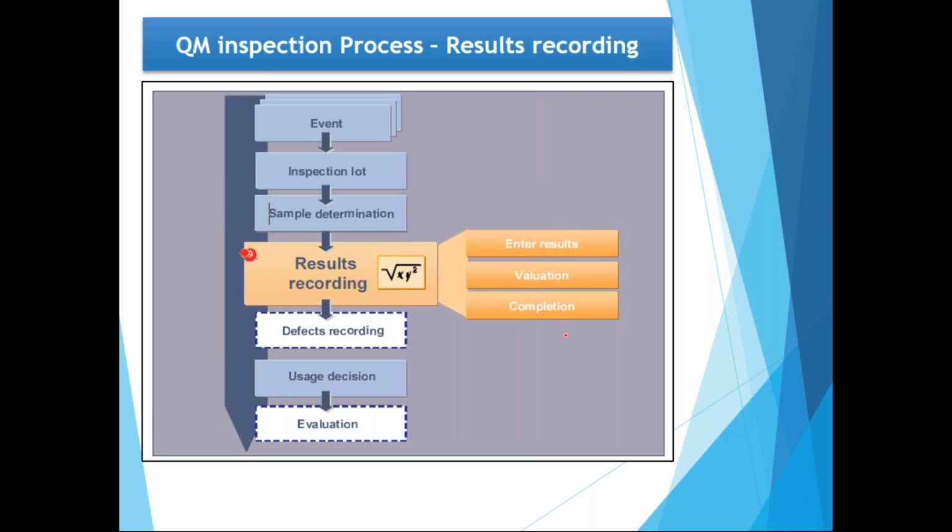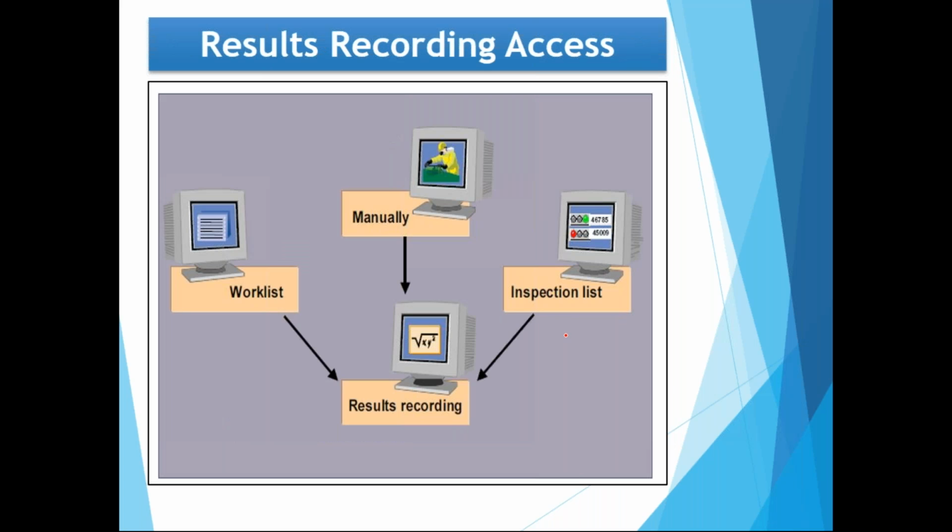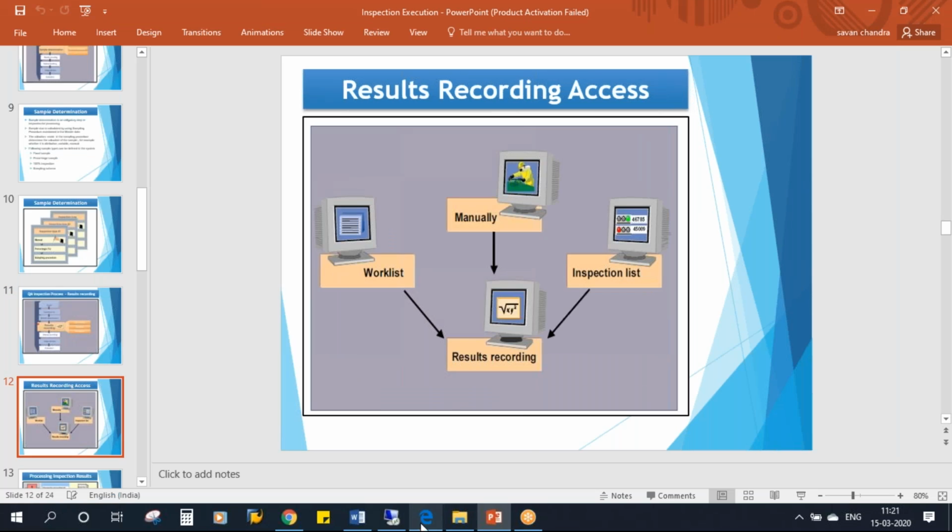Now this results recording can be done from various places. One is manually, or they can do it through the inspection list transaction, or through the work list also. Three options are there. So first we will start with manual. Manual means they will use transaction QA02. That means if we go to the system,